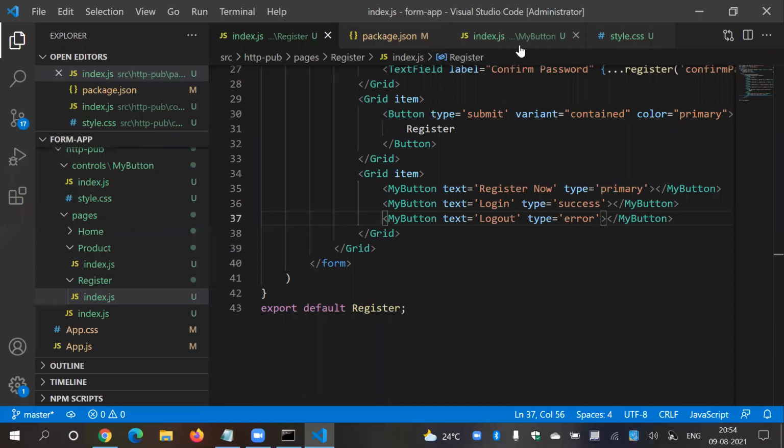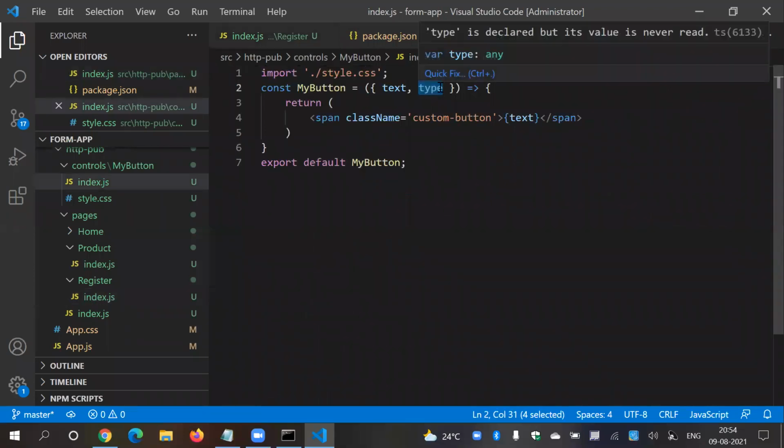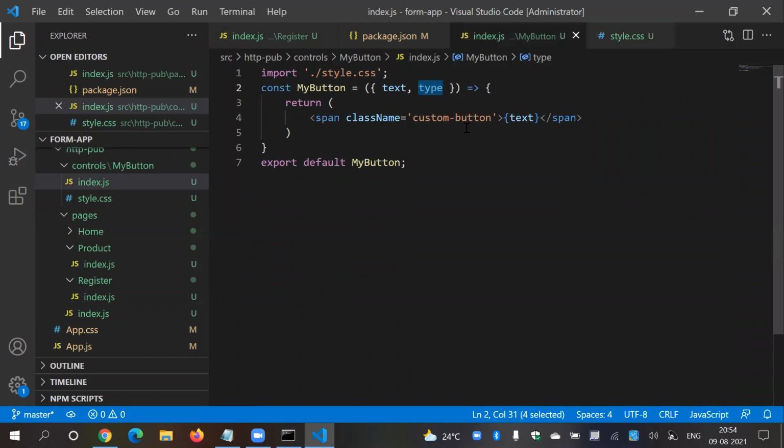So let's jump to our code based on this type. The first thing, I will create the class name dynamically based on this variable name. So first thing, I don't know whether it will work or not. Button plus type, I think it will work.